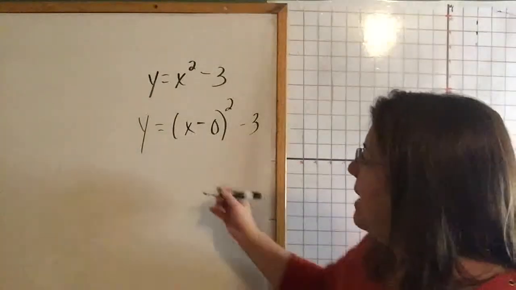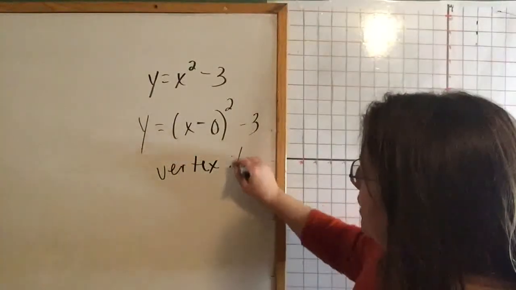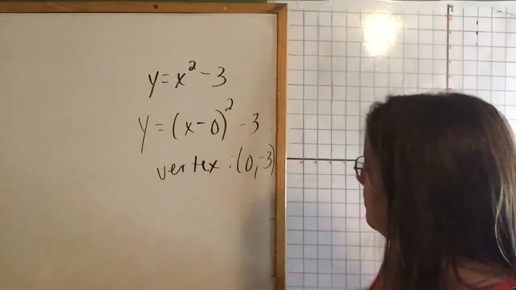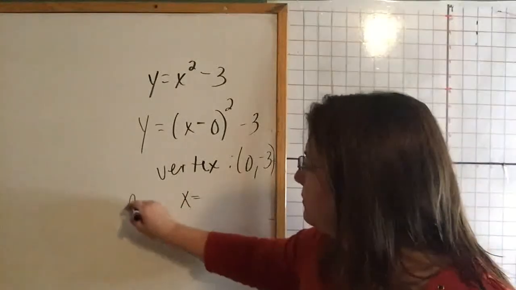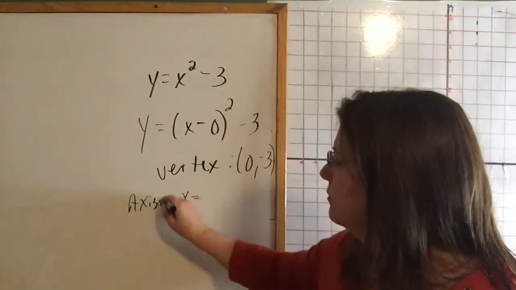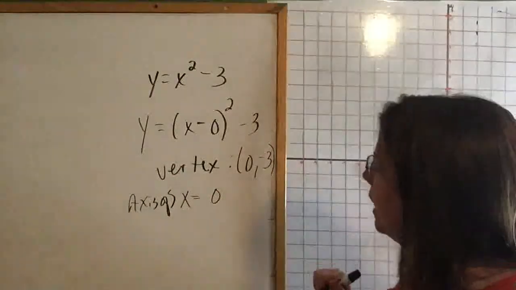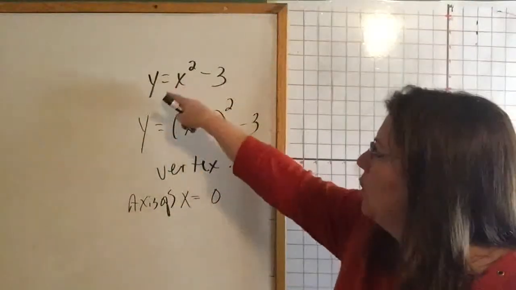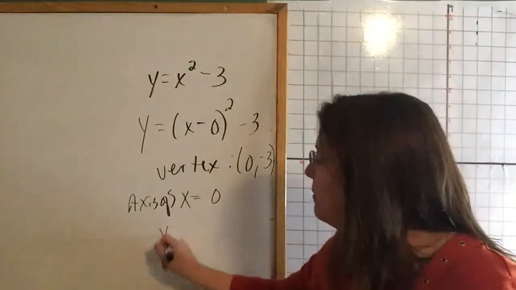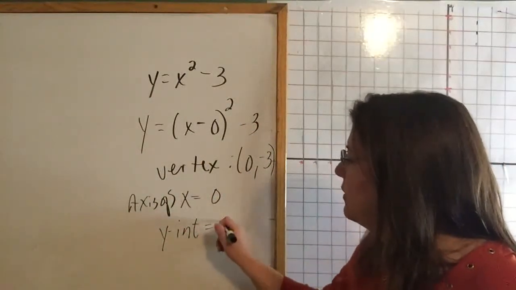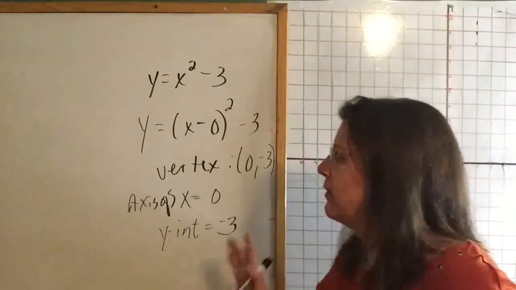So for this one, my vertex is 0, -3. So if that's my vertex, that means my axis of symmetry is x equals 0, or the y-axis. If I look here in standard form, it's x squared plus 0x minus 3. So my y-intercept is -3 here. Okay? And then there's one other thing that I want to talk to you about with parabolas,